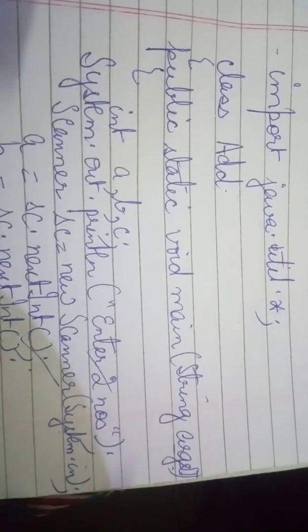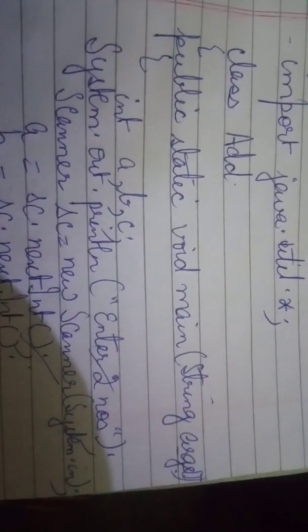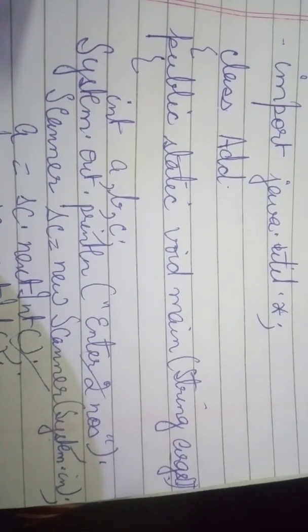So in this video we have learned how to take input from the user. We are importing java.util, and I have told you, if you want you can write import java.util.* so that everything comes up from this package. Otherwise you can write the second line, and that is import java.util.Scanner. Scanner automatically will come up. It will be the only class that will be utilized. Now this program that I have written is to enter 2 numbers and add them. So import java.util.*, semicolon is necessary to be written.